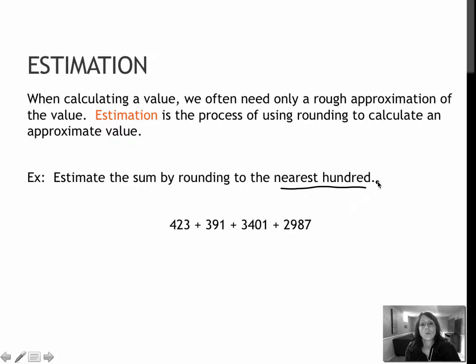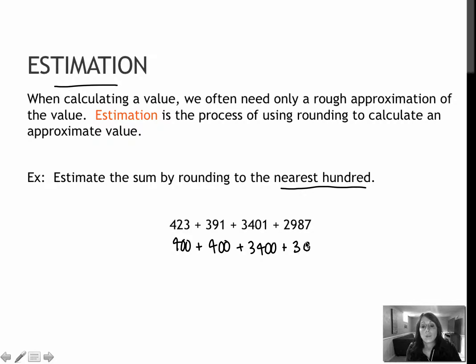In this case, we're going to find the sum of these four numbers, but we're going to round those to the nearest 100, which means each individual number will be rounded to the nearest 100, and then I will add those rounded values together to find our estimation. So 423 would round to 400. 391 also rounds to 400. 3,401 rounds to 3,400, and